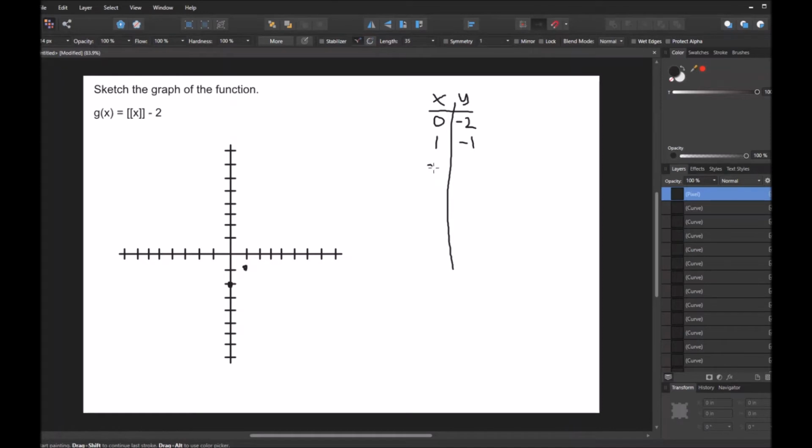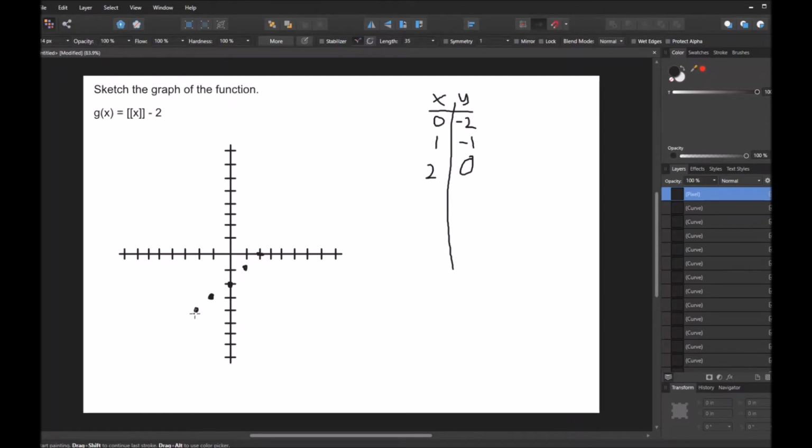And if we go one more to the right to 2, the greatest value integer less than or equal to 2 is 2, and 2 minus 2 is 0. So we can go to 2 comma 0, and we can see here that our line looks like it has a slope of 1. So we can extrapolate this further and say that we have a point at -1 comma -3, and we can even go one more to the left and say that we have another point at -2